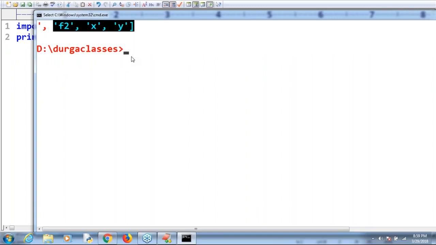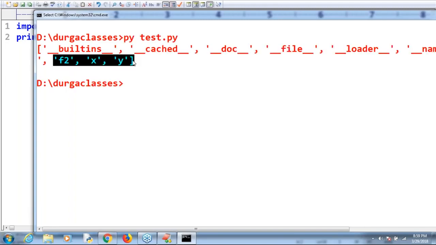Yes, compulsorily we are required to import that module. Otherwise, how is it available? How can you access that module? Yes, Chandan Kumar, I didn't get you. What is the meaning? Output. Clear?